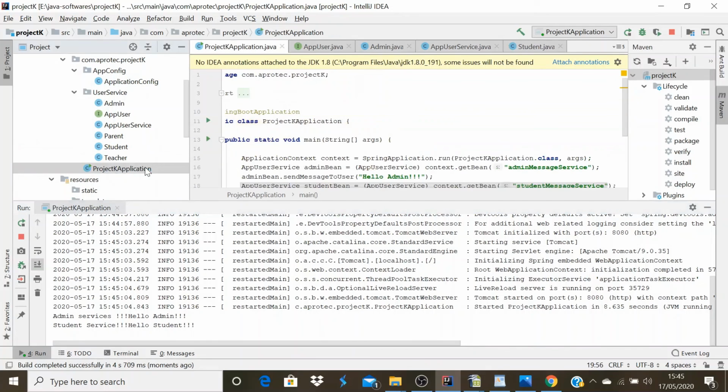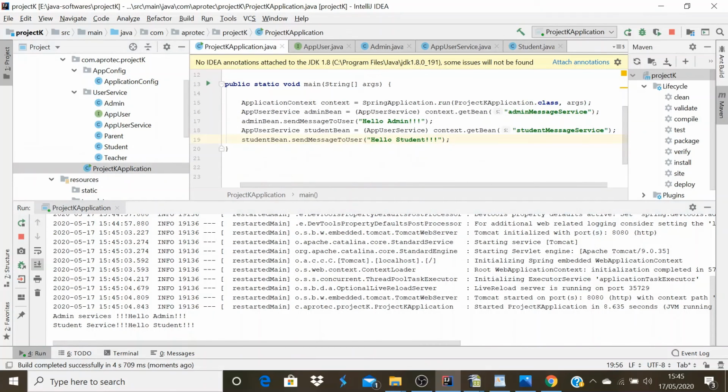Just to summarize, when we are implementing the client application, to avoid having to understand the service implemented by an external library, the Spring framework gives a feature where it can instantiate and configure the beans for us. What we need to do is just get the beans using the Spring framework and make use of them. So there is no need to know what service class is being implemented. That's what is done here: just getting the corresponding beans and calling the service using the beans.